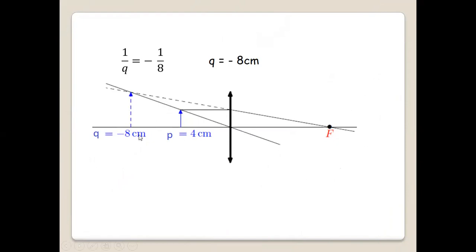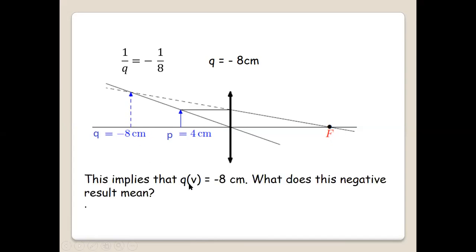Again, you are going to draw the perfect scale ray diagram. You can see the focus is at 8 centimeter on either side of the lens. p is equal to 4. It means the object is within the focal length. If you draw the two rays, you can see these are divergent over here. If I produce them, extend them backwards, they will meet at some place, and the place where they meet is where your image forms. And you can verify that from the optical center to this it is 8 centimeter.